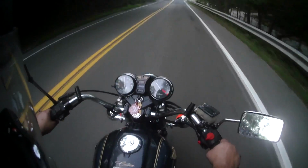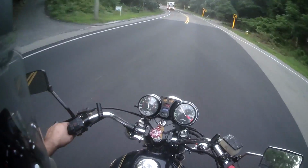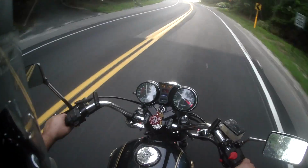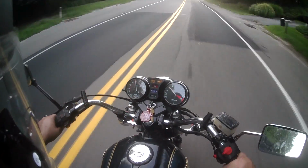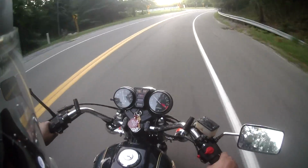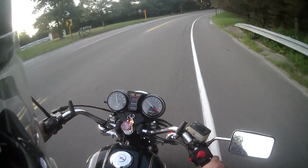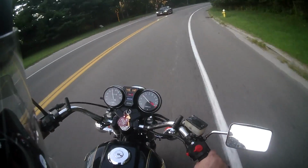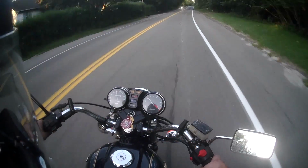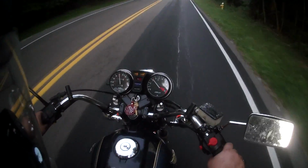When I took the original battery out Monday, the battery was totally dried out. It had no acid whatsoever or water on the cells. All the cells were dried out. It turns out last week I had gotten a battery for my Suzuki, and I had a little bit of acid left over in the bottle. So what I did, I completed it with distilled water and filled up all the cells,